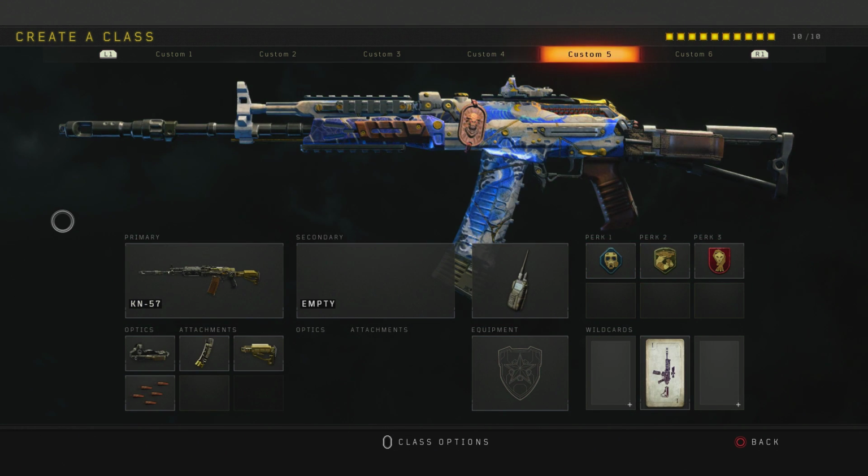Fifth slot here is going to be the KN57, and this one is pretty self-explanatory. The KN57 is so damn good because of its ability to kill people in one less bullet than something like the Maddox can kill people up close, and that's only for a certain short range. But when you actually slap on at default the KN versus the Maddox up close, Maddox still has a faster time to kill. But when you slap on the rapid fire, which is one of the amazing things about the